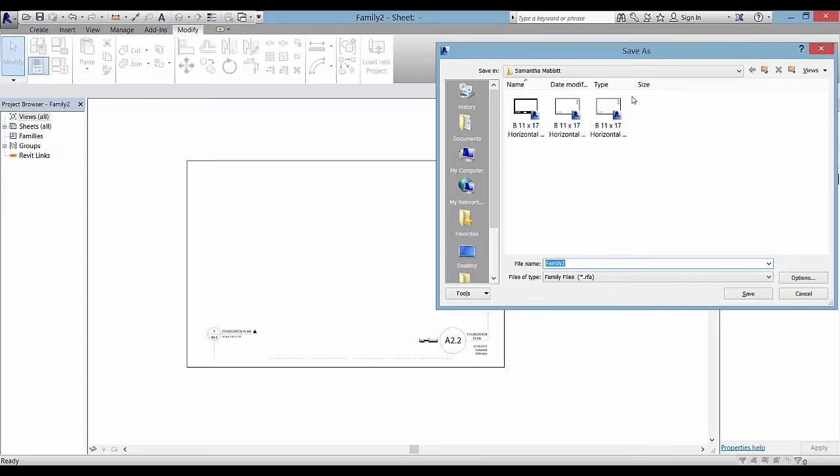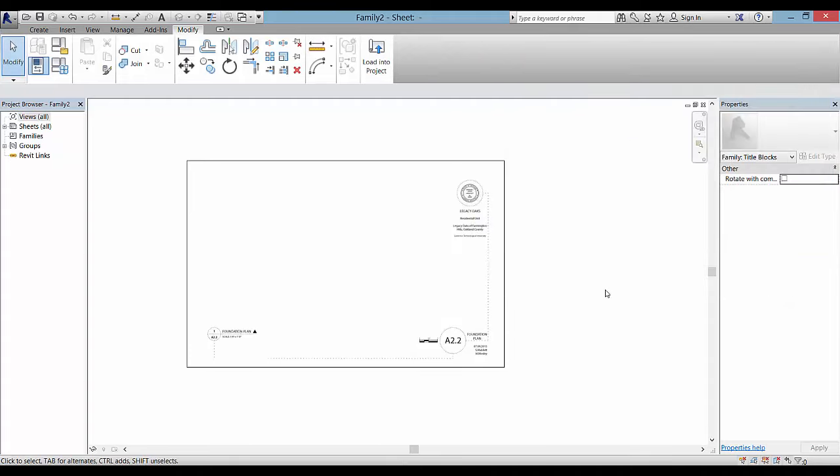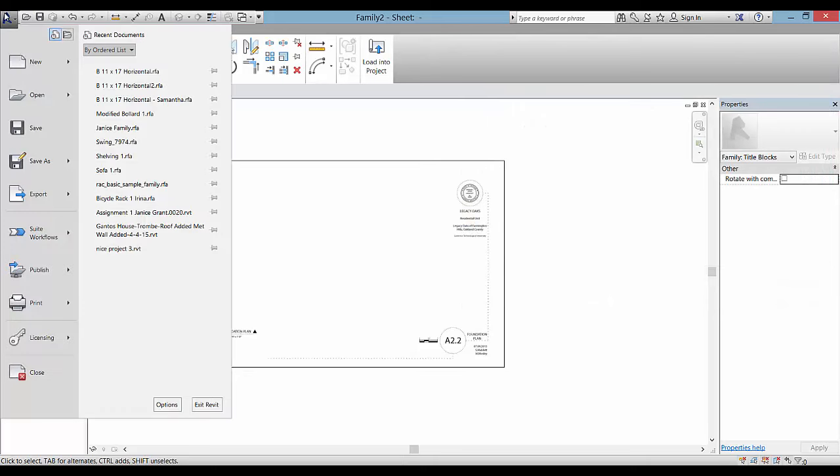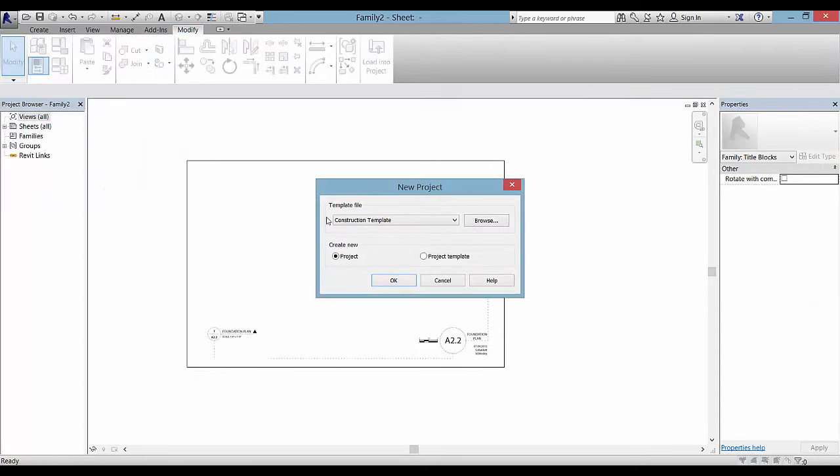It's actually recommended to save all of your unique families in a different folder, because when you reload Revit, it could take that file out. So I would create another folder for your Revit families and put your sheet there, so that once you save it later in the new project file,